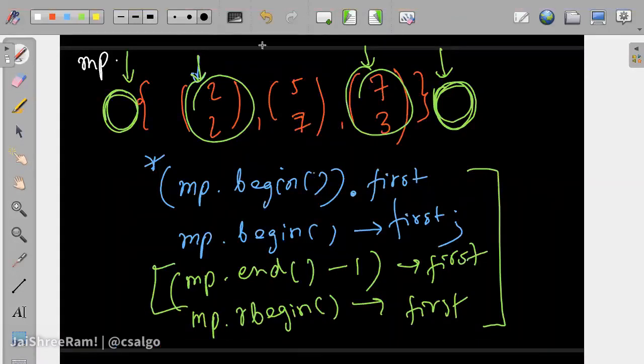Okay, now you need to find the frequency of the element just greater than x in the map. In case you are given some particular value 4, you have to find the frequency of the element just greater than or equal to 4 in the map. That would be this particular value 7. Upper bound,